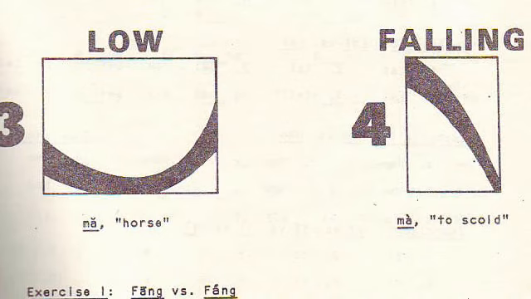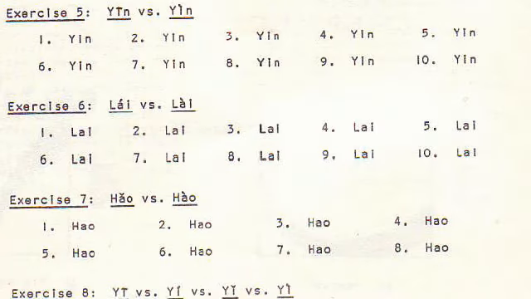The contrast between the high tone and the falling tone should be clear, since one stays high and one starts high but drops sharply to the bottom. Exercise 5 contrasts the high tone surname yin and the falling tone surname yin. Add the appropriate tone marks and repeat. 1. 阴 High. 2. 印